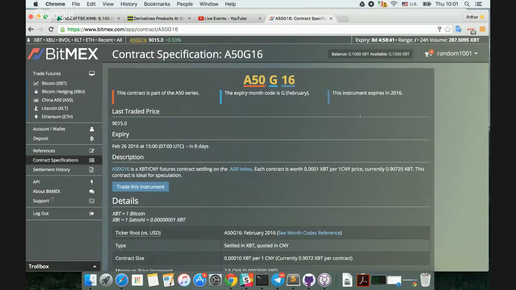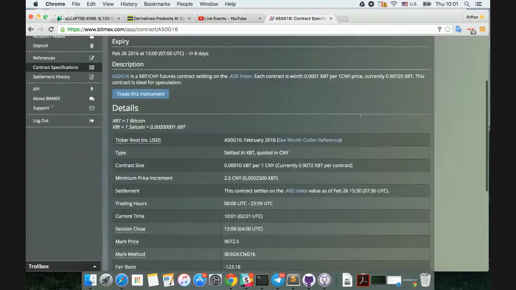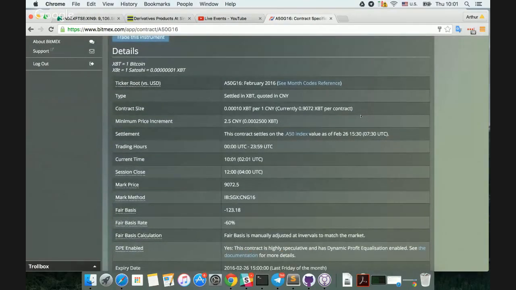So as I said, it's the A50 G16. The A50 series we have is expiring each month. So on the second to last business day of a calendar month in China will be the expiry date for this futures contract. And it will expire at 3 p.m. Beijing time or 7 a.m. UTC. So as we see here, this is a Bitcoin futures contract, and it says settled in Bitcoin and quoted